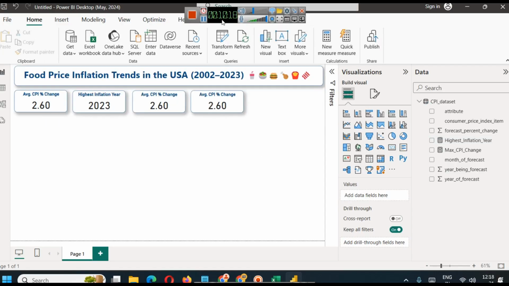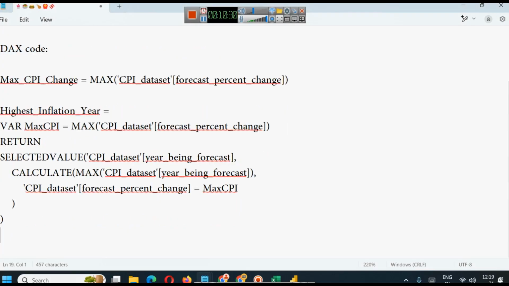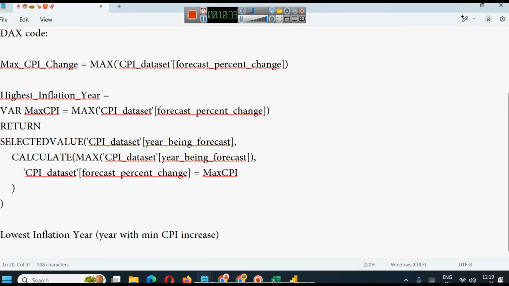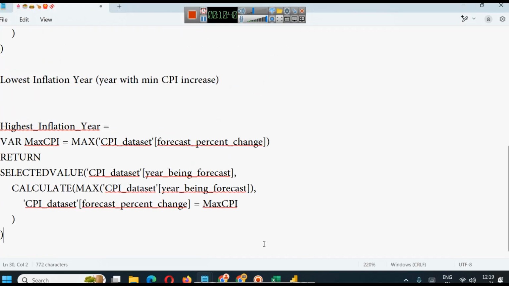Now let's try our third KPI, and before that, don't forget to save your work. Saved it as CPI analysis. Now third KPI, which I just explained, is lowest inflation year, and for that I will simply use the same formula again. For lowest inflation year, we will simply write the same thing. You can fast forward this part. So here we will create min CPI and write minimum here,